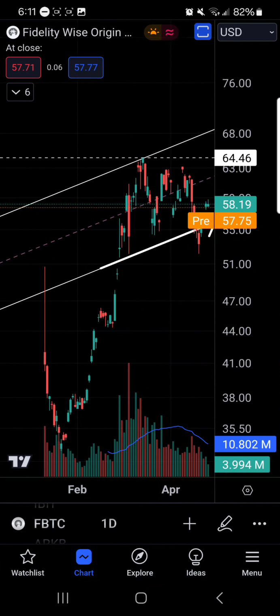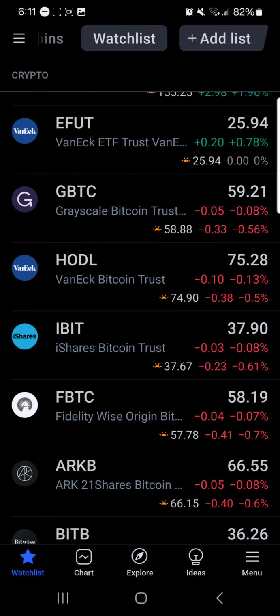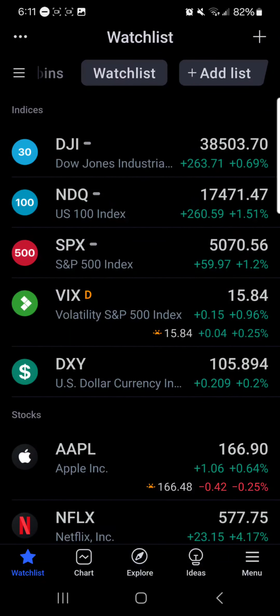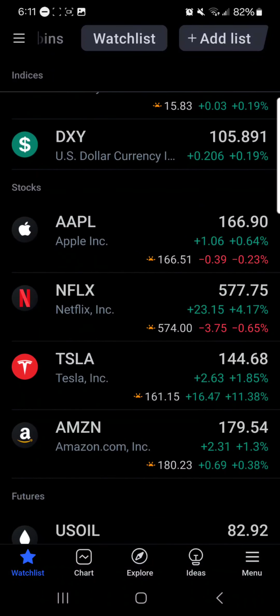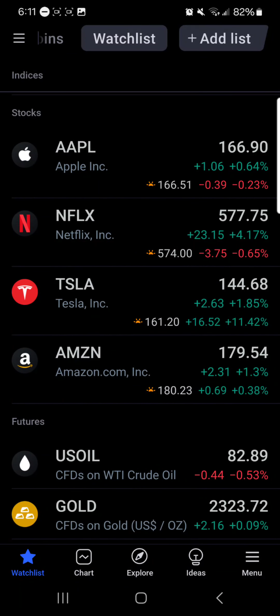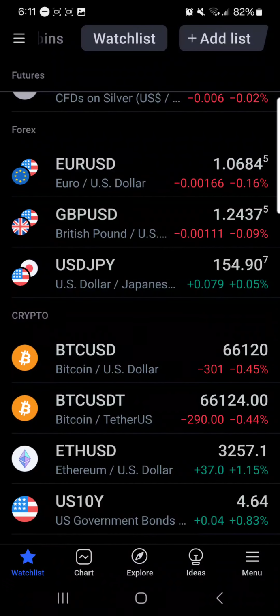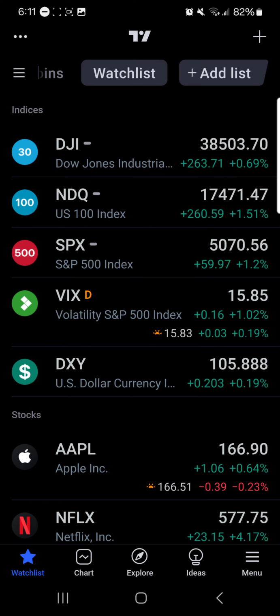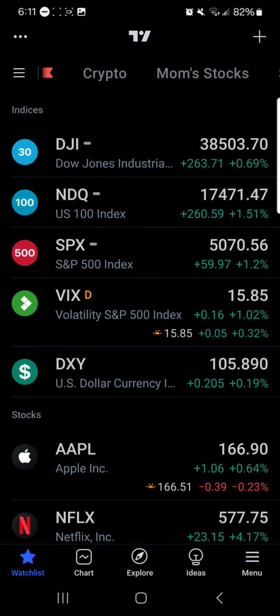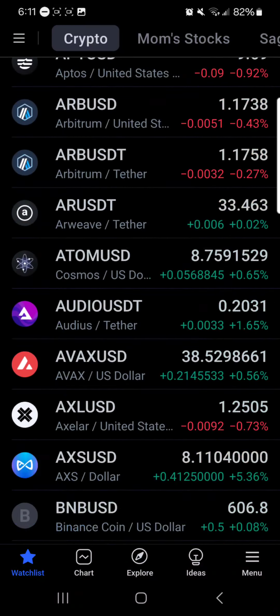And before we move over to the Bitcoin chart, let's look at what the rest of the market is doing as we are about to open. See, they don't have futures on there, but you can see Tesla's up quite a bit in pre-market trading. Whatever. Tesla had good earnings. Okay, so we can't see much there. Let's move on to a Bitcoin chart.